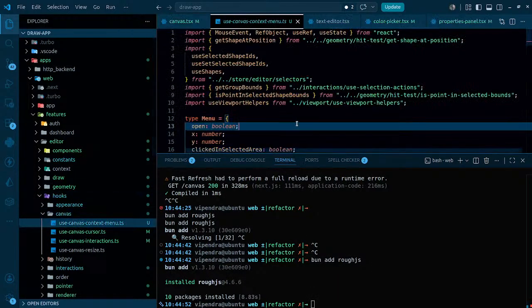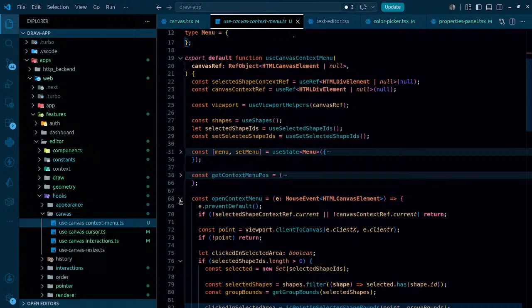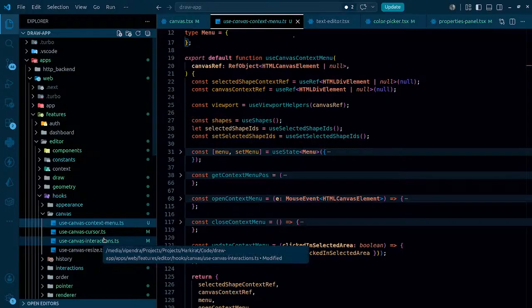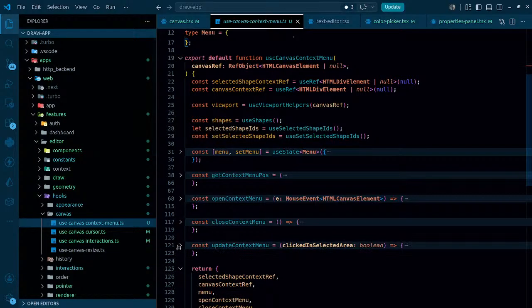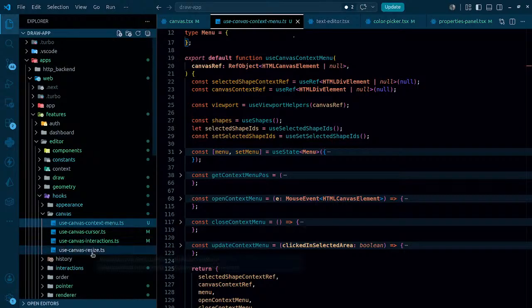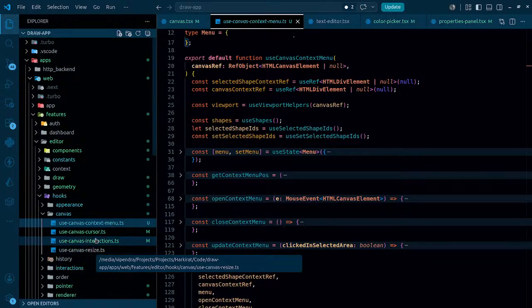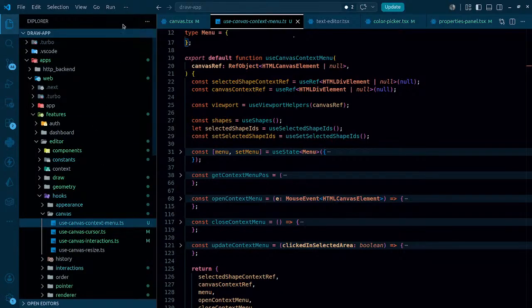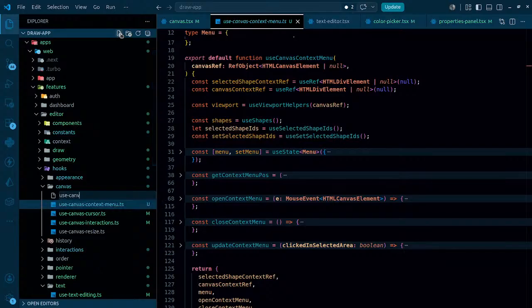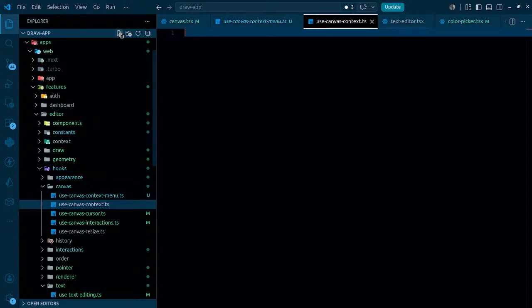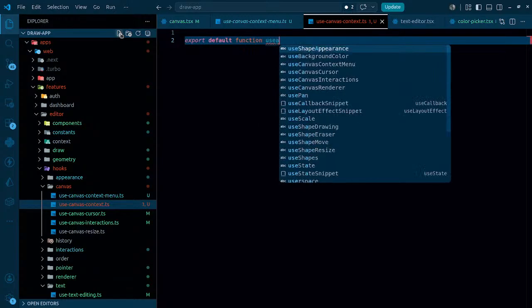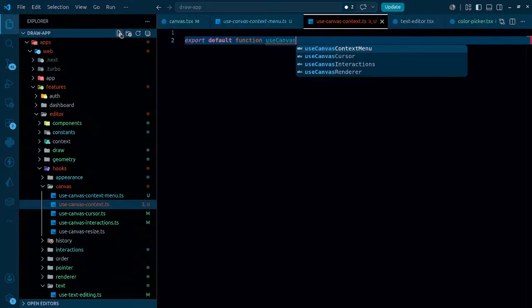So we have open context menu, not this one here. Let's go with the use canvas context menu. We have to create one more, that's gonna be use canvas context. useCanvasContext.ts. Export default function useCanvasContext,